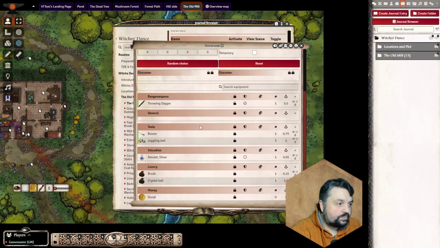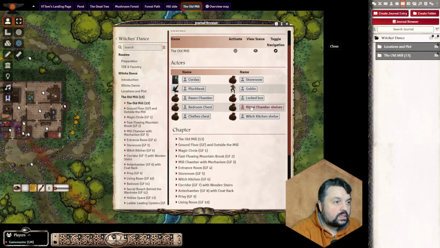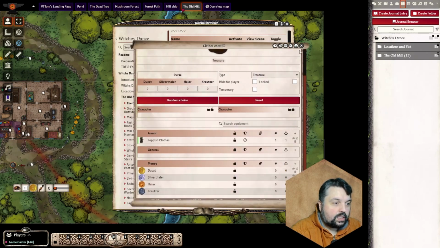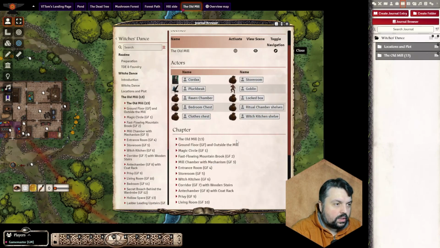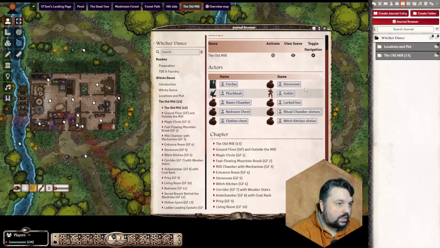And also there are a few lootable actors which are placed in this mill, as for example the storeroom or the clothes chest and so on. You can lay them on the map for the characters to plunder them themselves by using the merchant